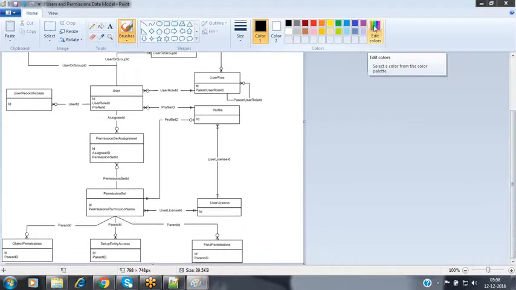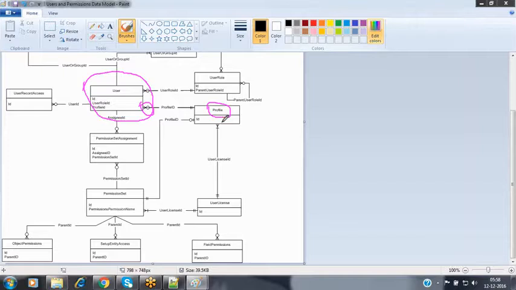When you observe, you will have the user object. This is a user object. Now this user object will be associated with the profile. Here is the profile object. One profile will have multiple users.